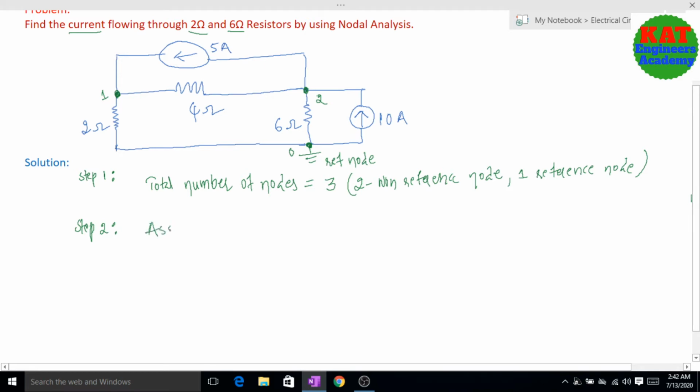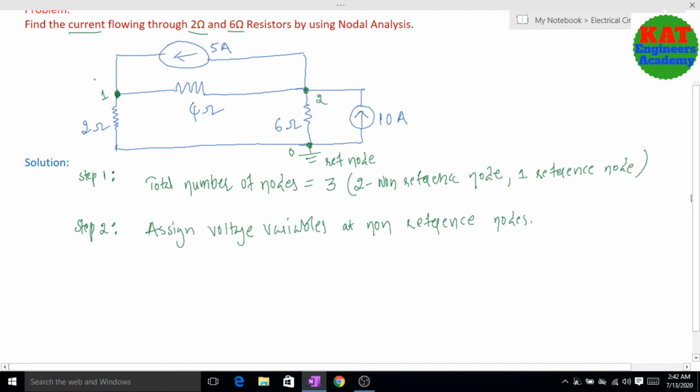Assign voltage variables at non-reference nodes. So finally, assign voltage variables at non-reference nodes. Now how many non-reference nodes are we having? Two non-reference nodes. At the first node, you have to assign the